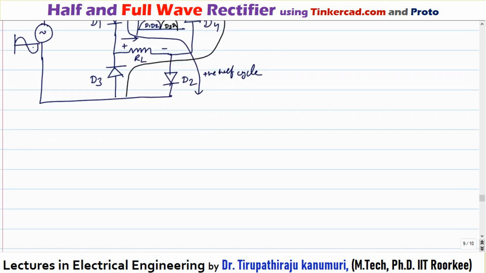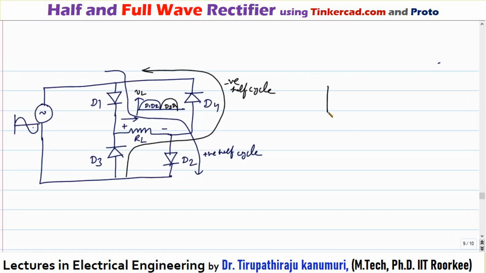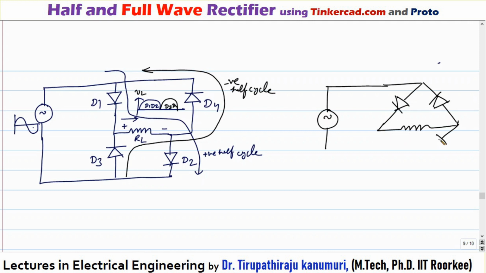Why is it called a bridge rectifier? The reason, I am just going to draw here. It can be represented in this way. This is my supply. This is the common point, which I have taken here. From this, the diodes are connected like this. This is one diode and the second diode. So dissimilar ends of the two diodes are connected like this. Here the resistance is connected. Whatever is coming like this will go like this and it should return back.